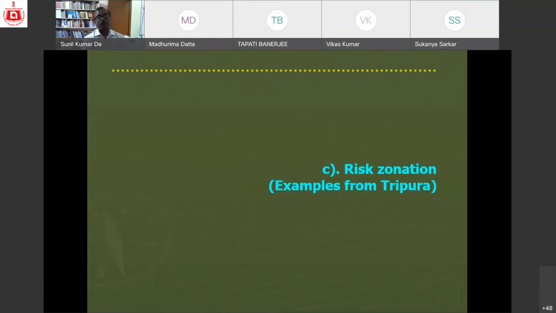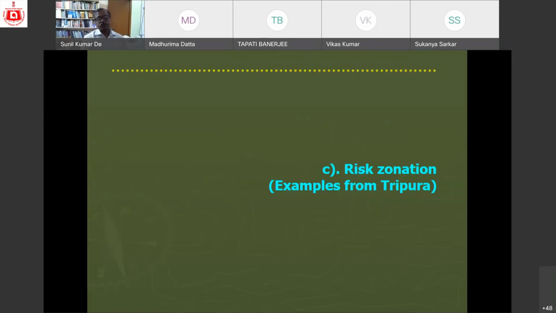You can do it with this high resolution data, almost real time, you can get it. And if you prepare this one, this will be a genuine work from your side, of course, because there is hardly any large scale susceptibility or hazard zonation map till today, or at least till today in India. Only GSI has prepared this geomorphic hazard zones map, big wall map. After that, there is hardly any printed copy of the individual hazard zones. But this will be a good atlas if you take initiative.